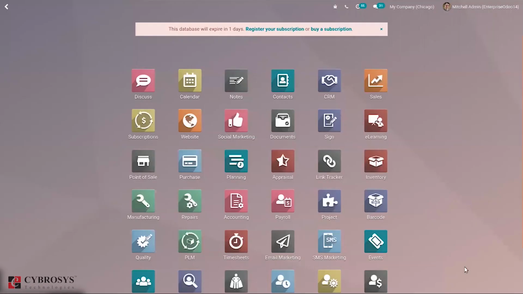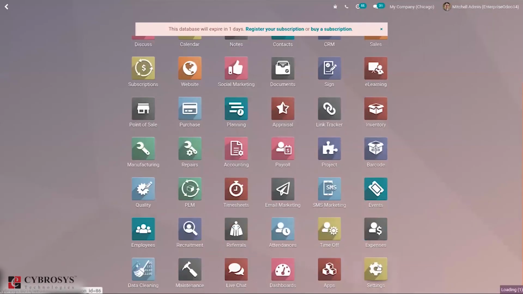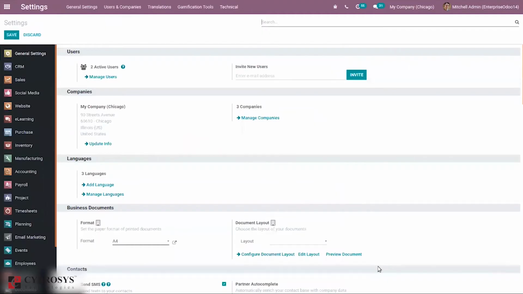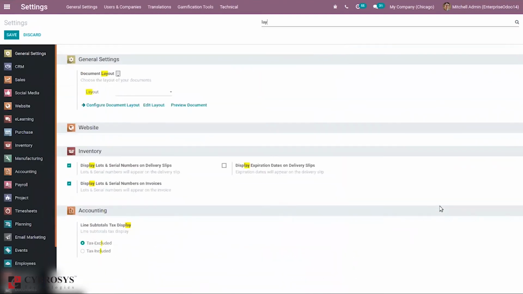Then if you go to settings, you can set document formats according to each company. Activate and select the respective one, and under settings you can find the option to configure the document layout. You can see here the option to configure document layout, edit layout. So here we can set a default one, that is, we can set the layout for your documents. So this will be applied to this company.